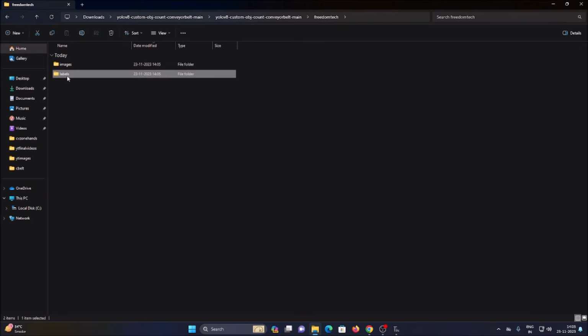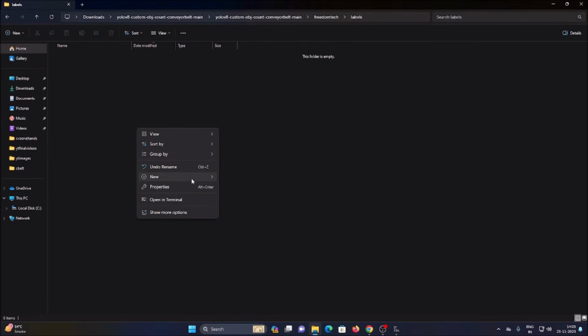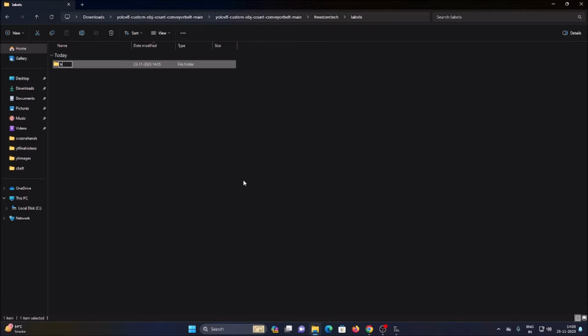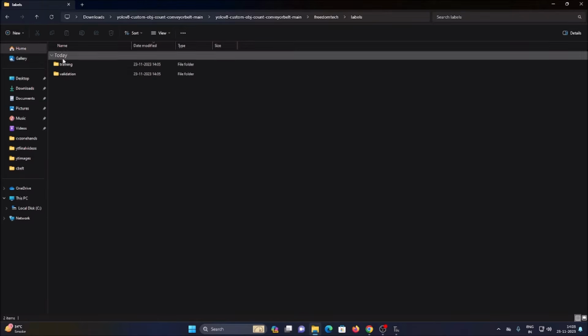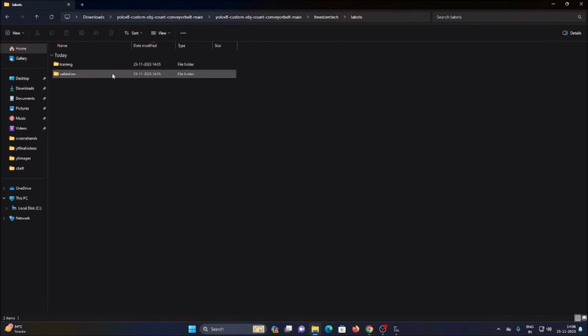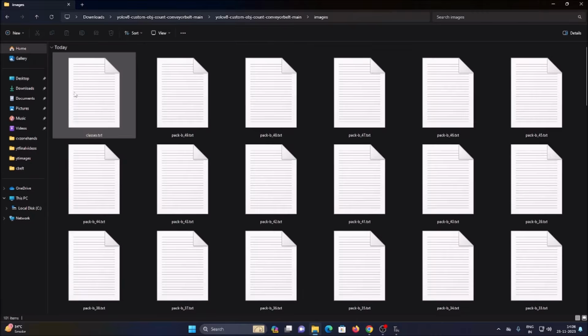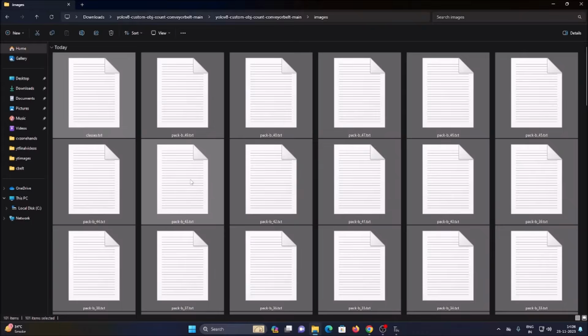Again go back, go to the labels folder, and here also we want to create the same folders, training and then validation. That's it. So training and validation inside the labels folder, and training and validation inside the images folder. Done. Now what we want to do, we want to open our images folder, Ctrl+A, copy all the things,